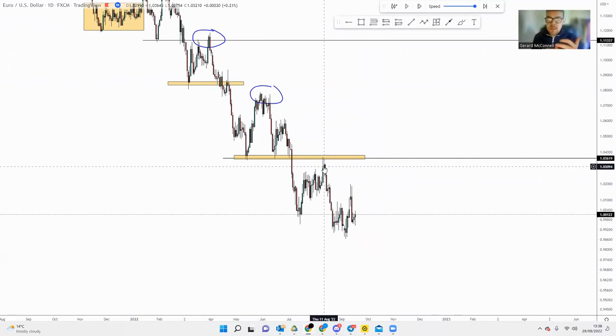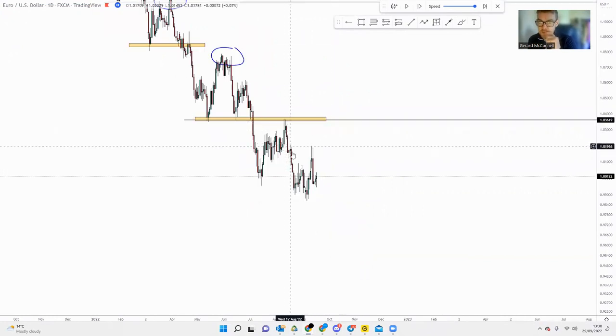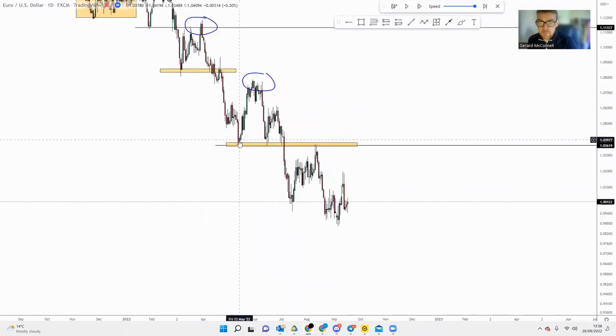Okay, you will either see a pullback and rejection of a price action level, or you will see a move like this, where the price action comes back up, breaks through it initially to take liquidity from a market making perspective, and then ultimately unwinds to test the local lows and potentially break through. Now, in this example here, we've made new lows. In this example here, we've come back down to test these lows, and we're seeing a little bit of chop,